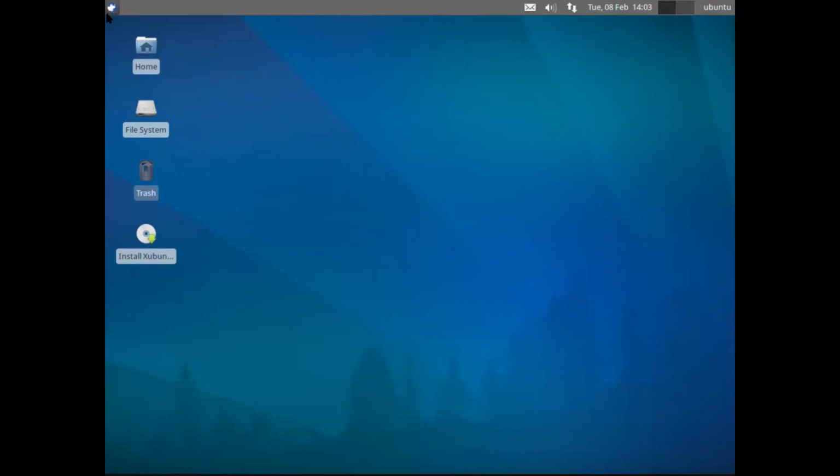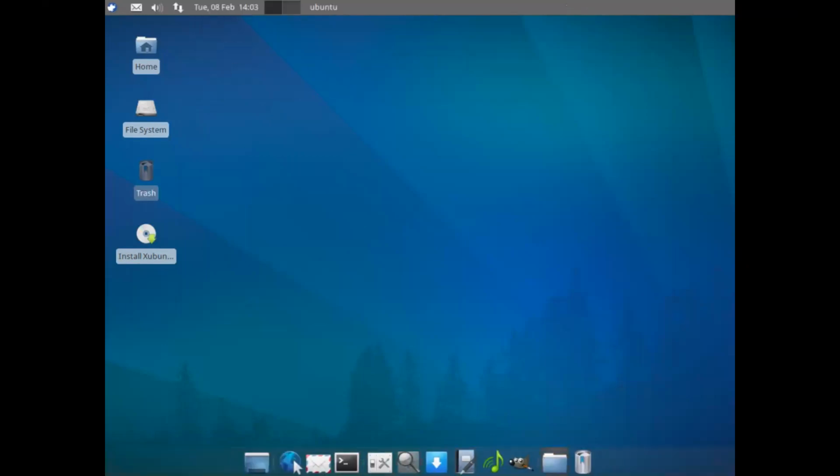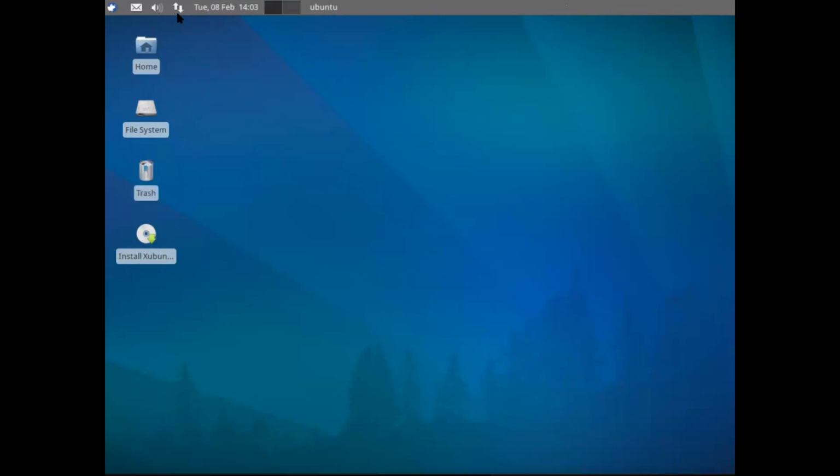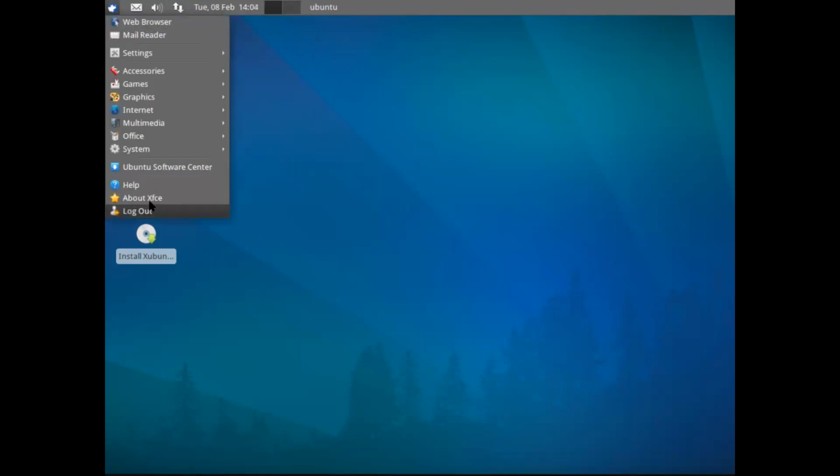File system is like This PC. This is the file explorer. And let me show one thing. You can dock this. You can move this, even dock this. And the dock is like the Mac dock. It's coming down. You can access the dock as well, similar to the Mac, right? It has some features that look like that. And the sound, everything. The taskbar is at the top. Log out and all these things.